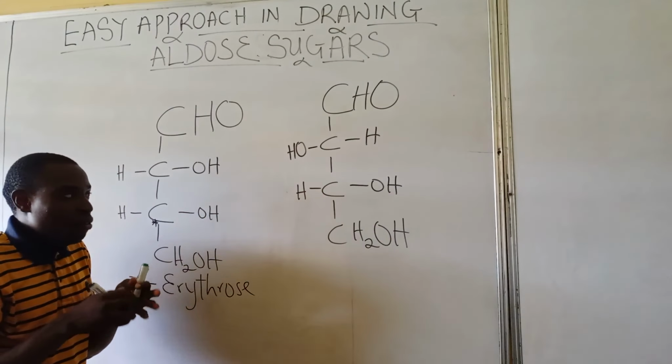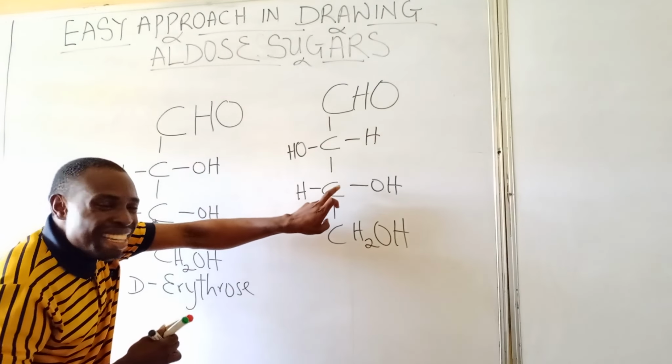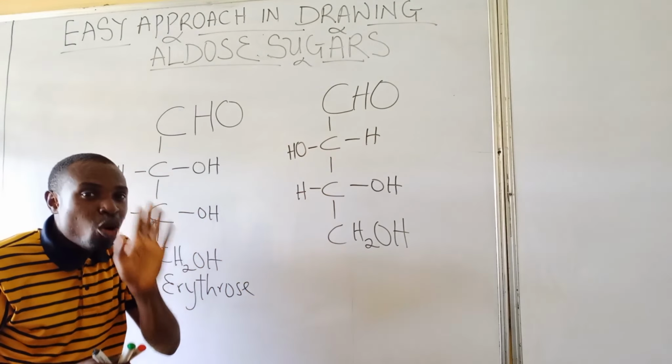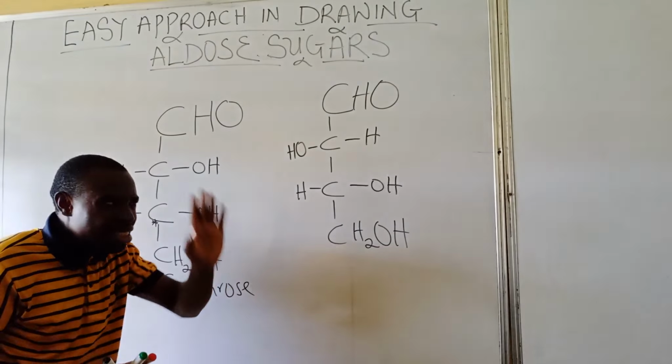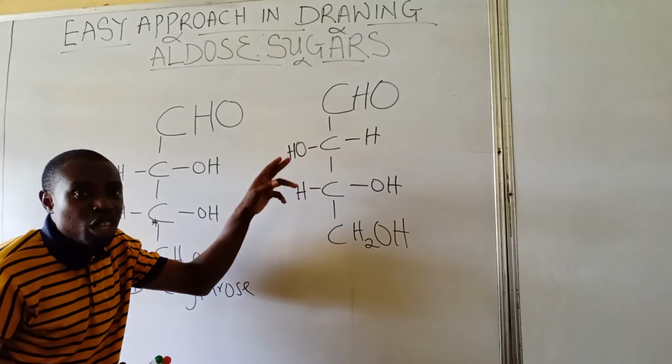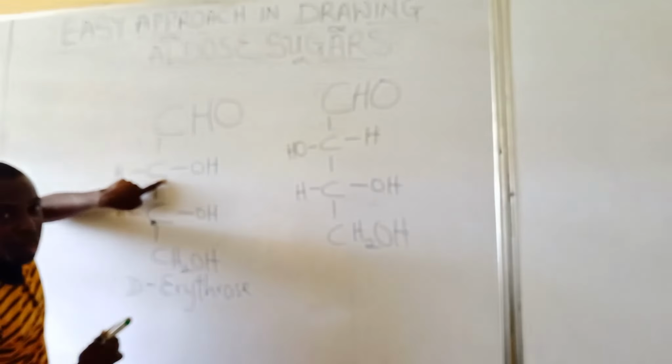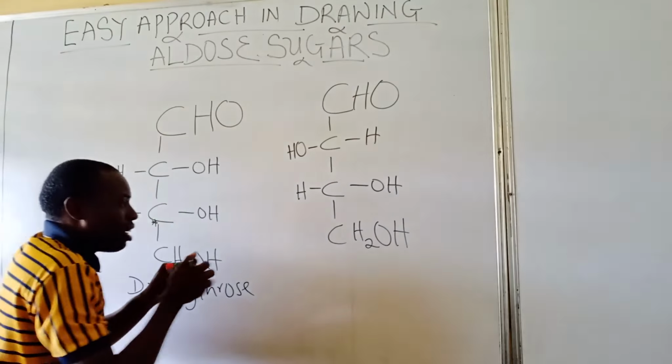Now, remember, I have told you earlier that this last chiral center for all the sugars that are to be drawn does not move. It remains where it is. So every other point will be changing. Like this one now, in the case of carbon 2 here, observe the OH was on the right. But in the case of this other